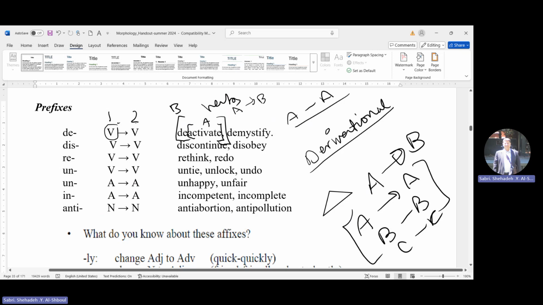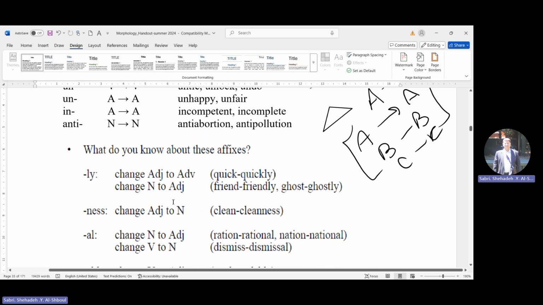So this comes from how morphology, or how these forms, complex words, are stored and organized in the lexicon. The same applies to the rest of these forms. So can we have other extended views towards the affixes? Yes, of course. Traditionally speaking, we have ly, which changes adjective into adverb, quickly,